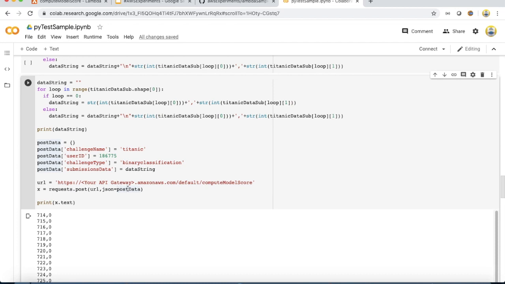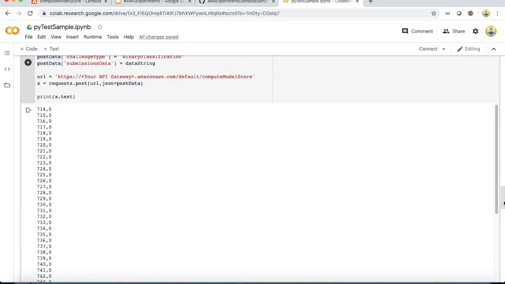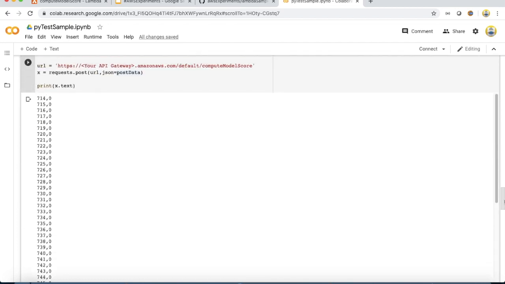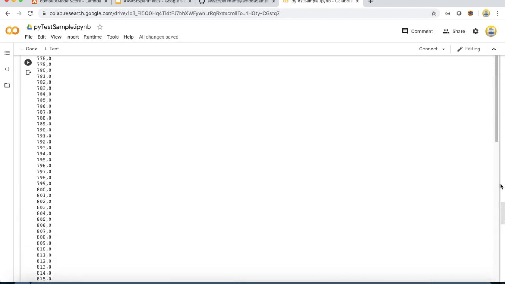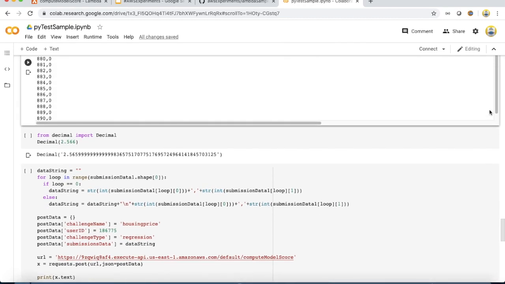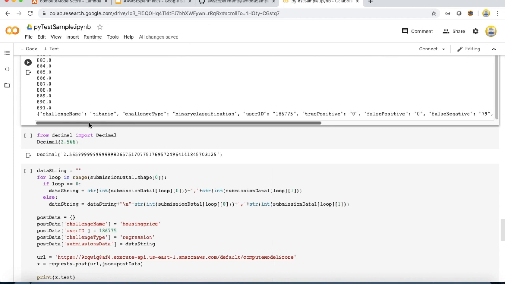Now, what it is going to do is activate the Lambda function. It is going to process the data that the data scientist has submitted, and then return the results. As you can see here, I've just printed out all the IDs. And if you look at the actual returns, if you just give me a second, the actual returns will look like this, which will give you